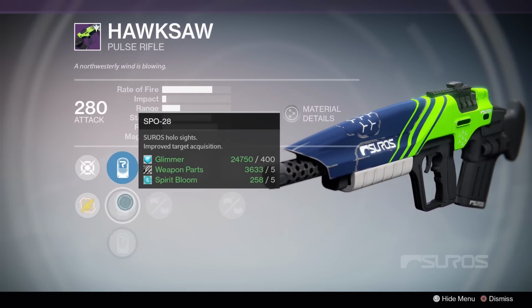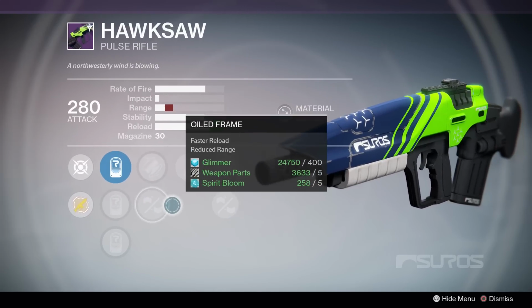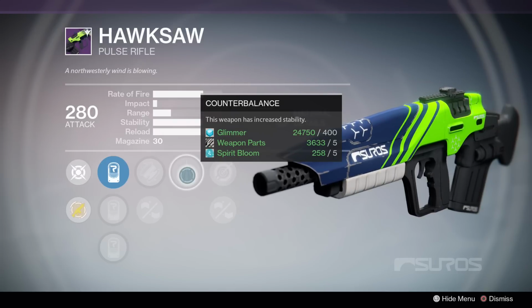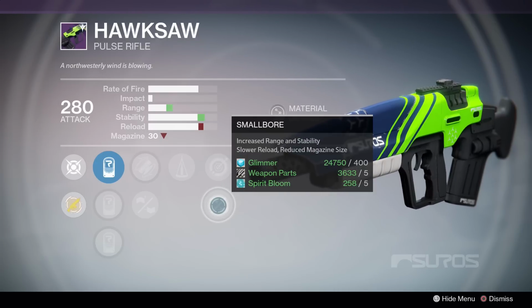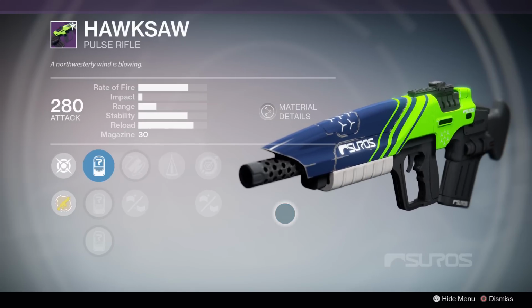This is one of the best possible weapons that you can get. Great target acquisition, really easy to shoot with. We have fitted stock for an increase in stability. We have counterbalance on this type of pulse rifle, makes it just have completely vertical recoil. And then we have small bore to increase both range and stability. You get a slower reload and a reduced magazine size, but it doesn't matter since you're going to be so accurate. Pick this one up if you are looking for a PvP pulse rifle, as this archetype didn't get touched